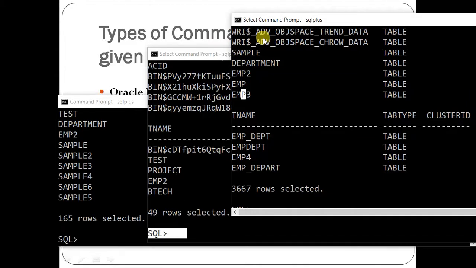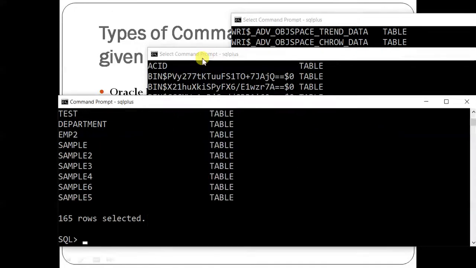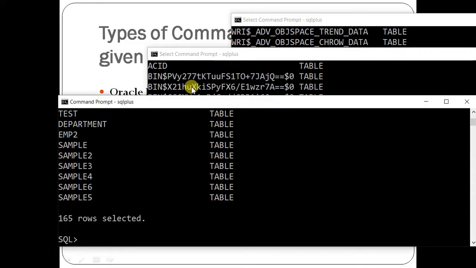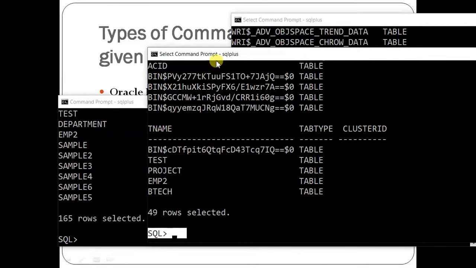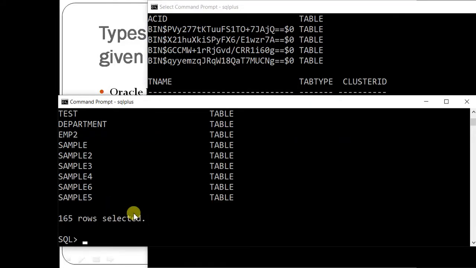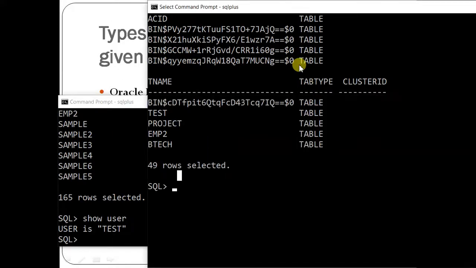Please see it once again, try it on your laptop. Okay, pause the video, try the commands, note down and copy. It is very, very important to reach this place. I will suggest that you also open these two or three windows. You can connect with sys and system and you can see them. You can even connect with the same user again and again. There is no problem. Like here you can see this is show user. This is test. I can connect with test again.